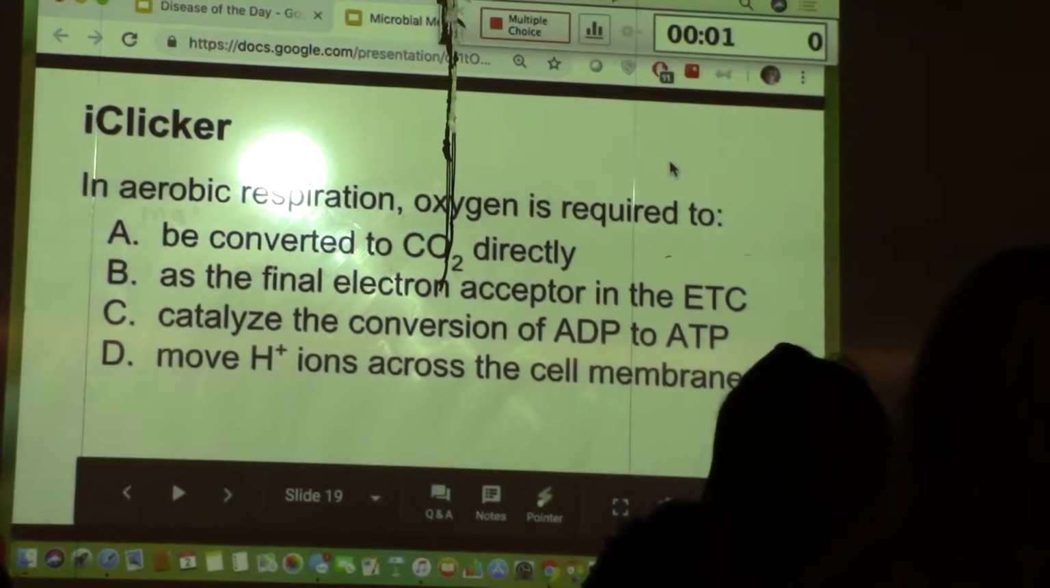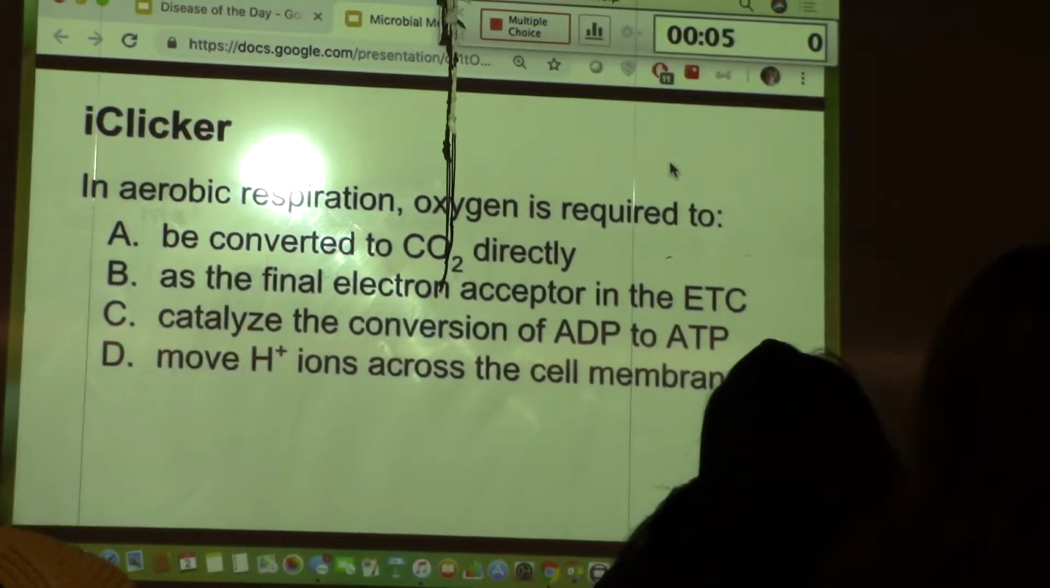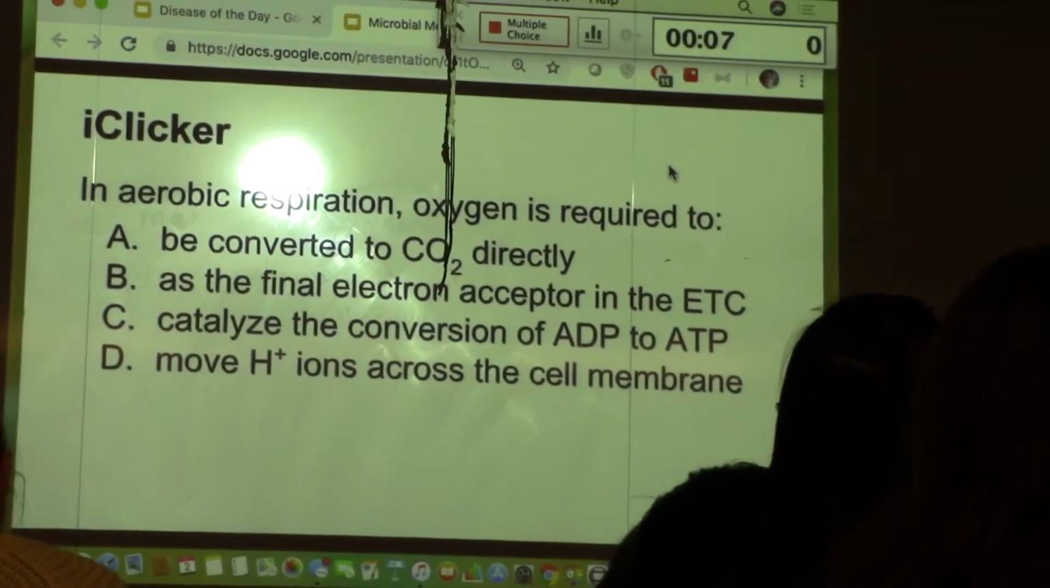In aerobic respiration, that's what we've been talking about, right? Aerobic respiration involving oxygen. Oxygen is required to